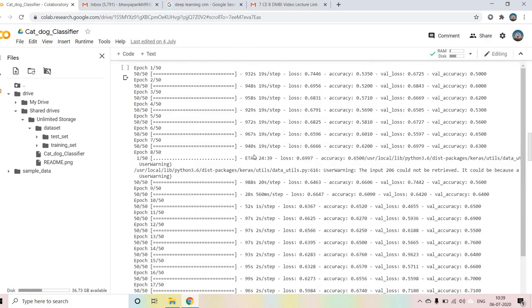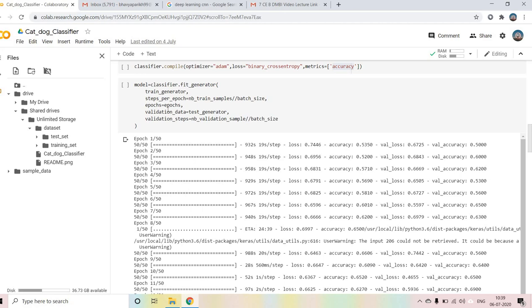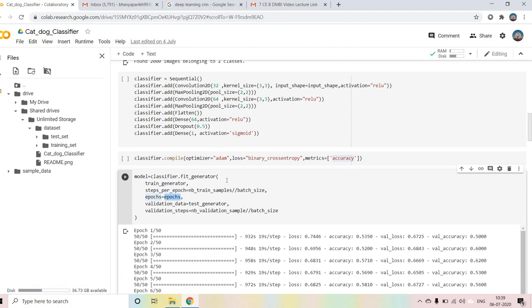So what we are going to do here is divide. Epochs, we are giving 50. Epochs means iteration, simple as that. Like we put a for loop: for i in range 0 to 50, or here 1 to 51. So epochs is nothing but iteration, it's a for loop. Steps per epoch is what? In one epoch, how many iterations you have to do, that means what it's going to do.